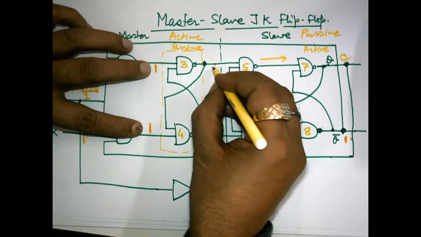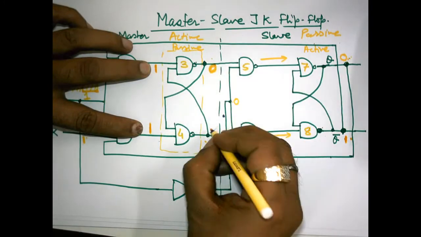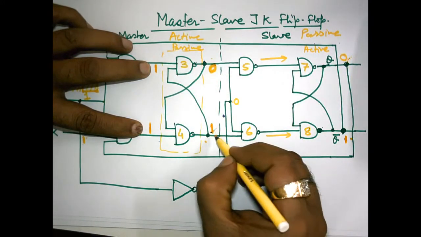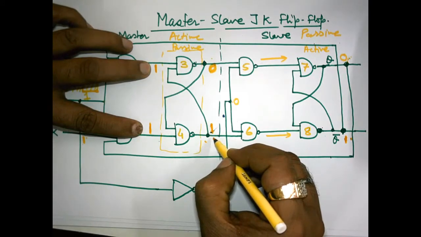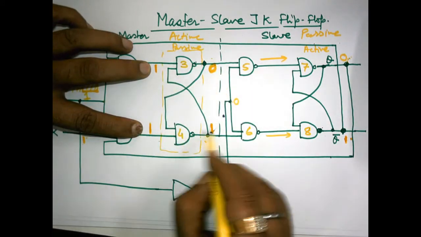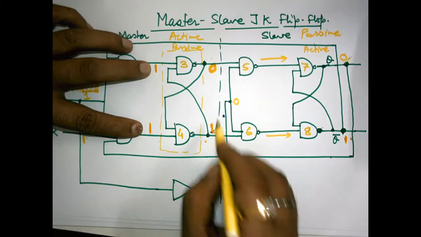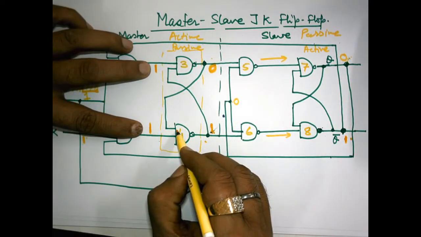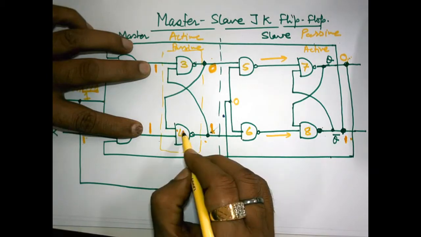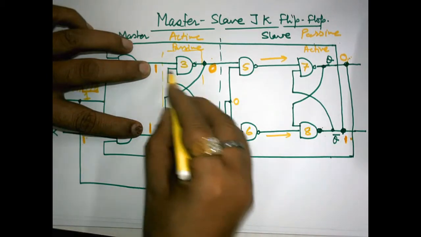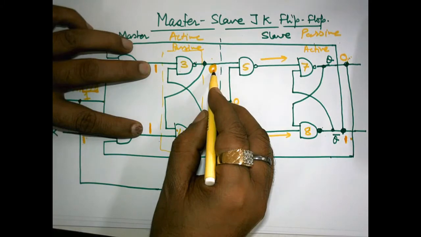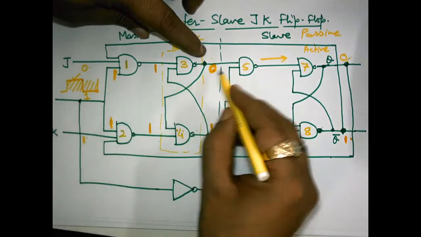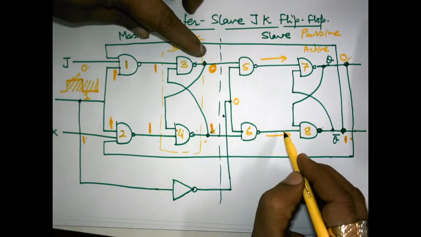Okay, so what was here to make it 0 1, definitely it had been 0 1. So 0 1 will remain at this point. You can verify it that 0 is fed back over here. And this 0 1 is making it 1, and 1 and this 1 is making it 0. But at this moment when it is 1, it cannot further proceed.